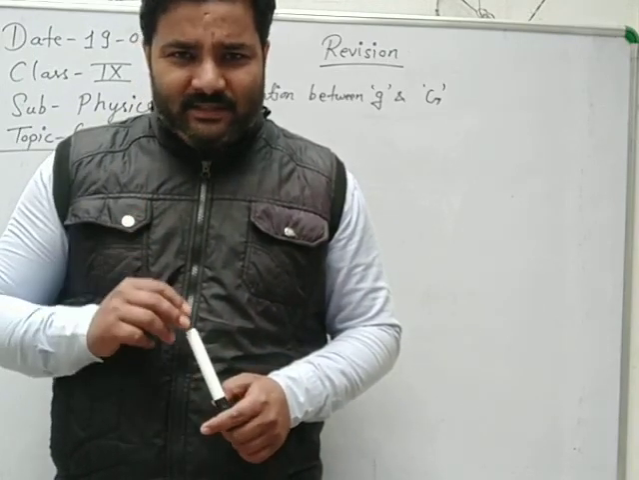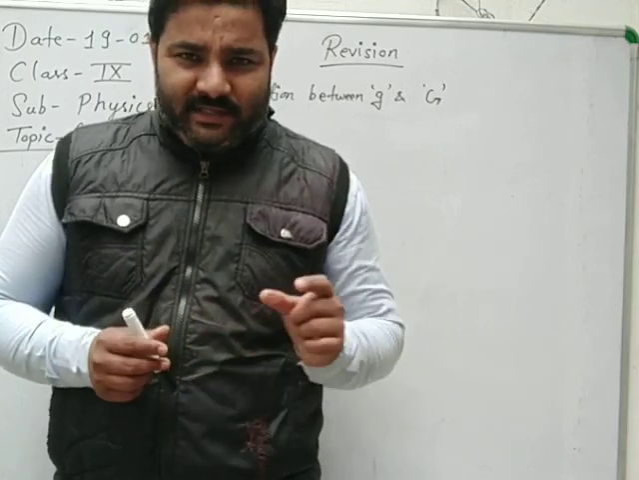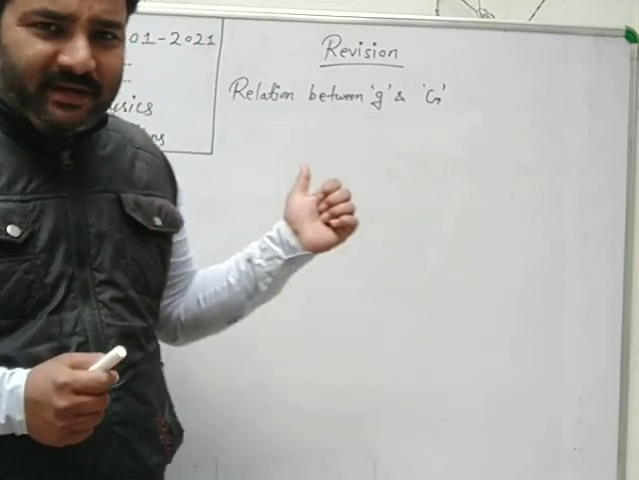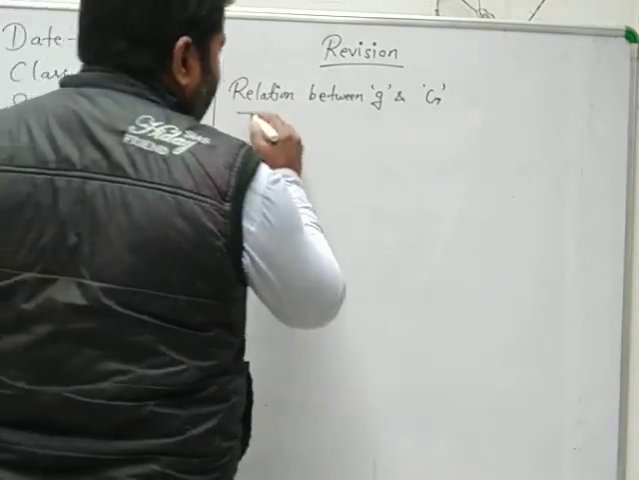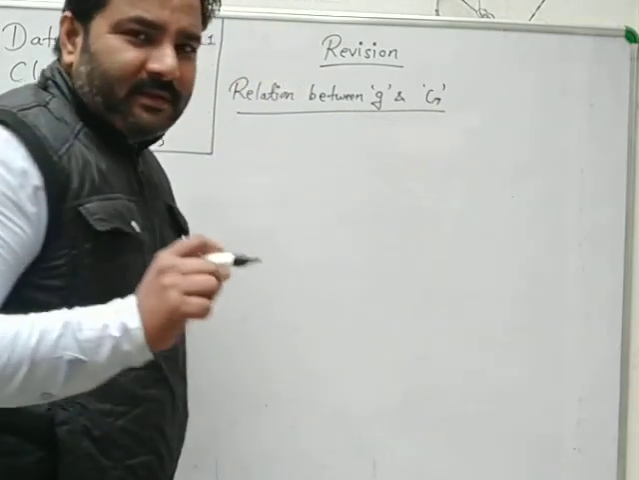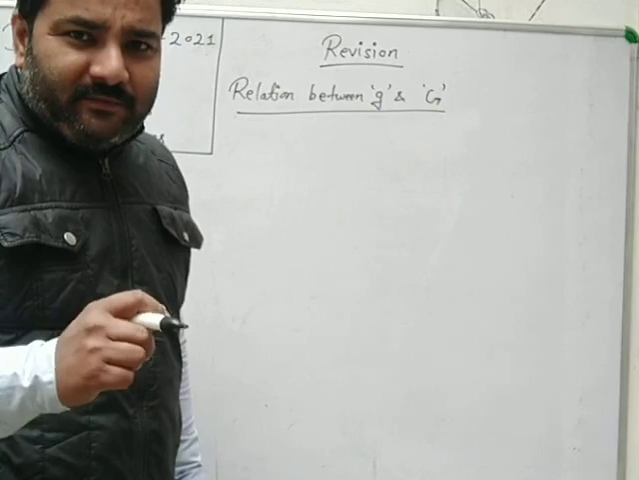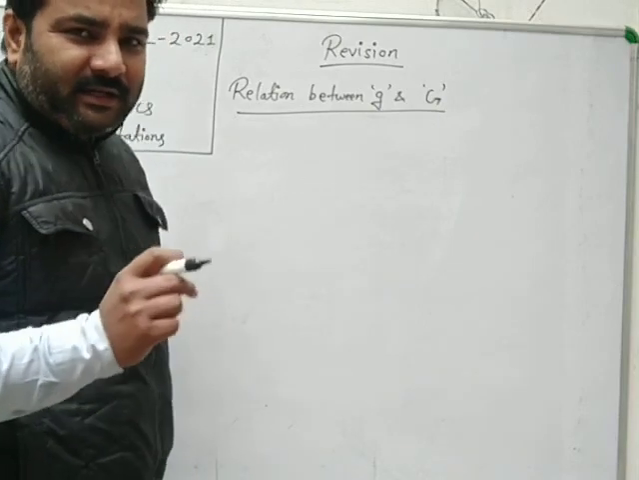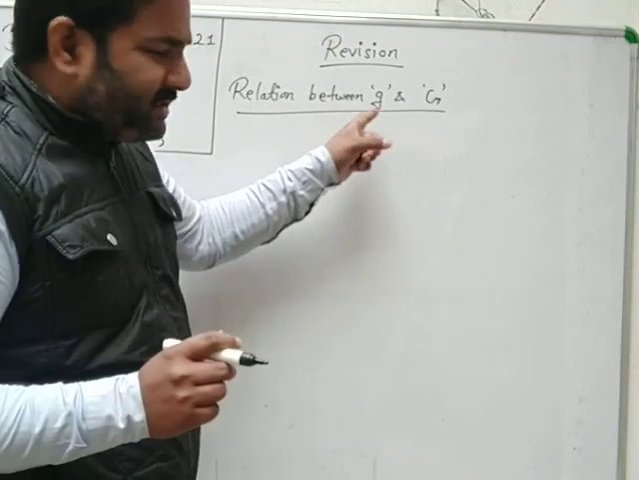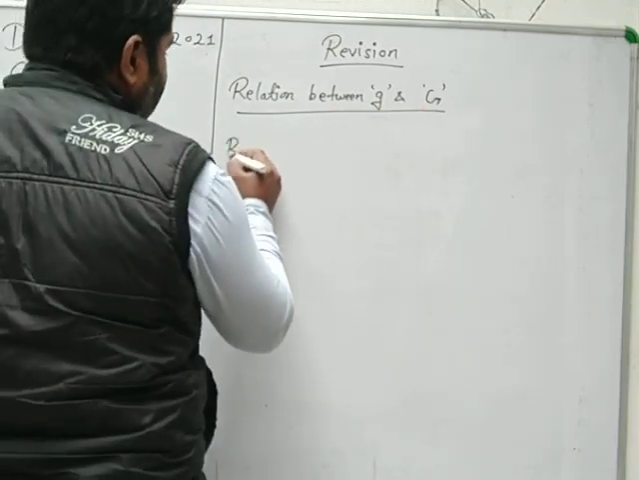So in all the three cases we will discuss in detail, and just before the variation, see the concept of the relation between small g and capital G. The relation between small g and capital G is very easy. When the concept of Newton's law of gravitation and the force of gravity in terms of Newton's second law are clear, then the relation between small g and capital G will be very easy. Just see, by Newton's law of gravitation,